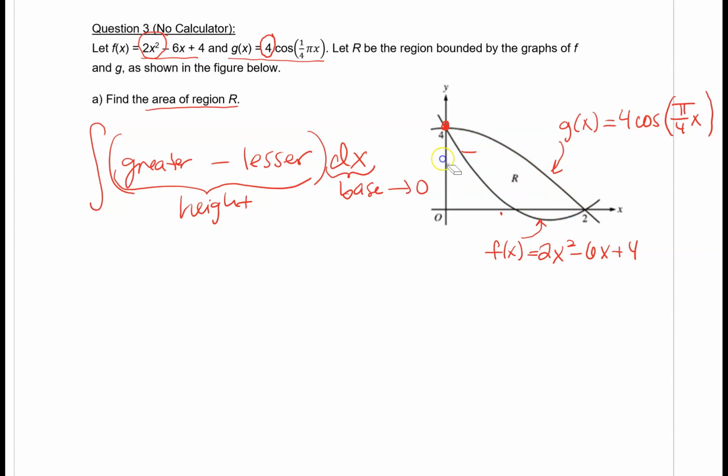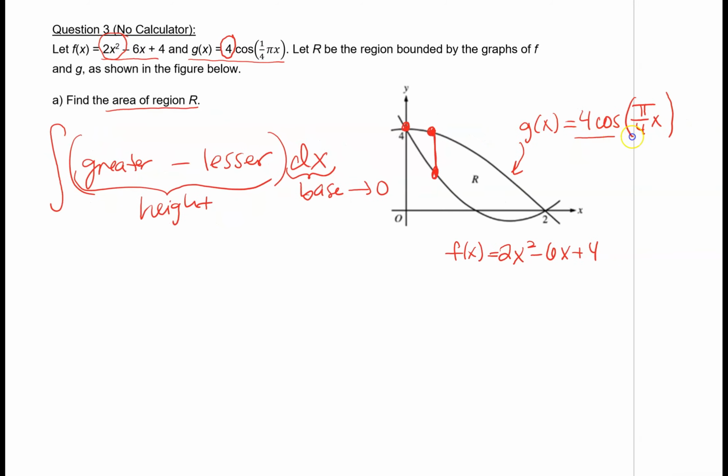So these vertical lengths representing the heights are the distances between these two equations. So it's this y value minus this y value. If I take the y value of the taller function and then subtract away from it the y value of the shorter function, all you have left is that vertical distance between the two functions. So that's why you take your higher curve, which in this case is the cosine, and subtract from it the